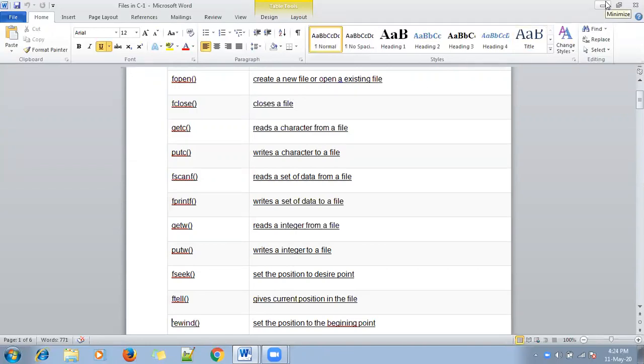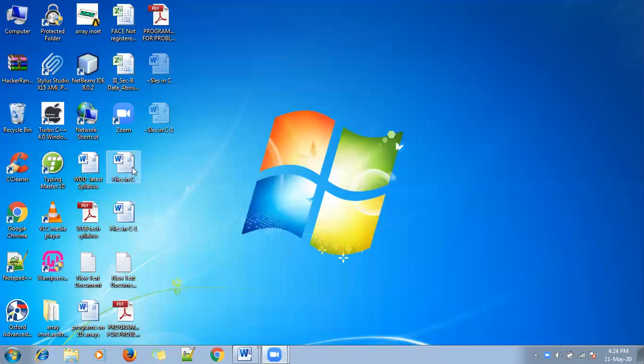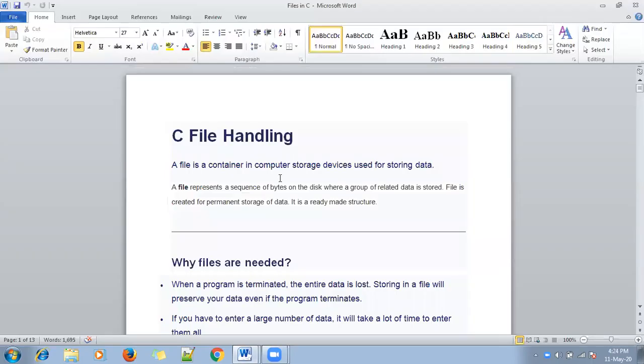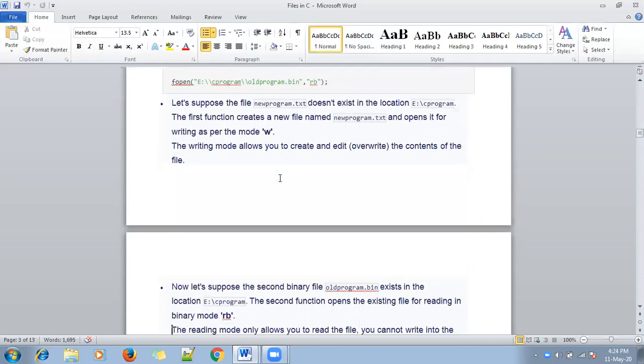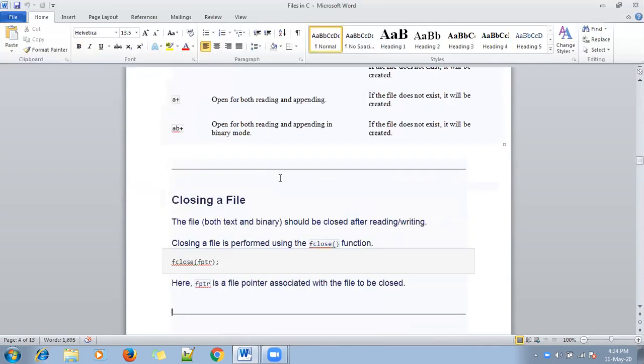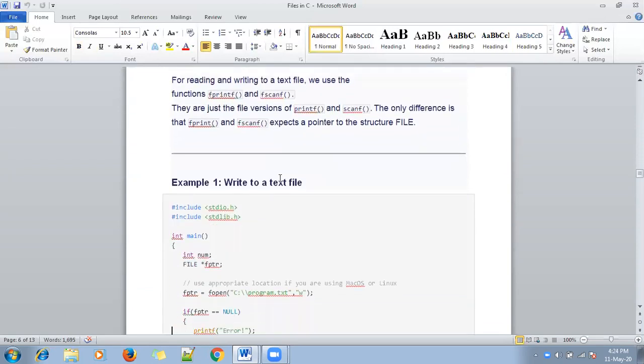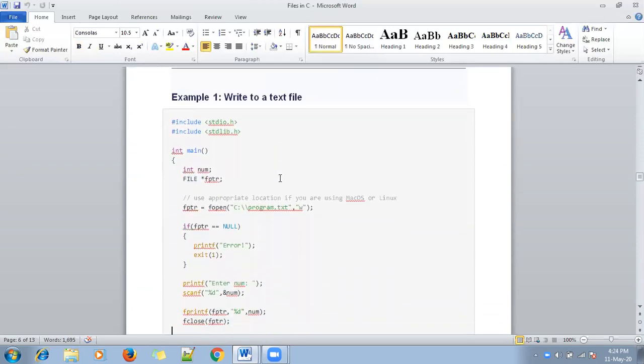Now we will see one by one, at first level, how to write text to the file by using fprintf. So what is the purpose of printf? The normal printf purpose is to write some data on the screen, right?